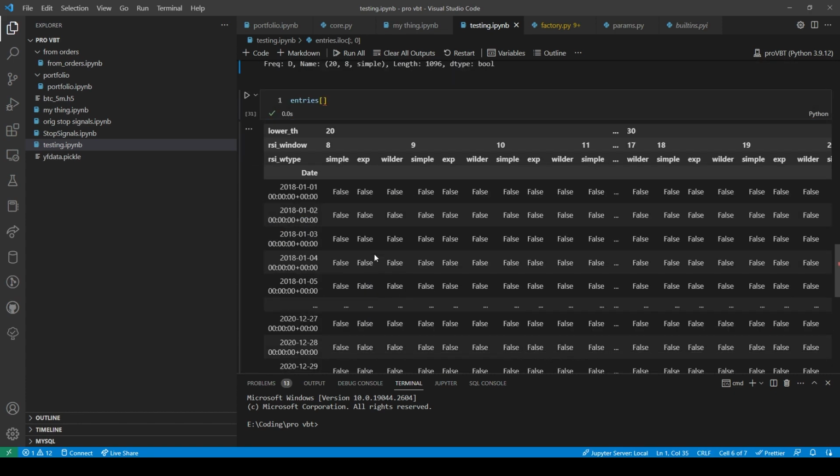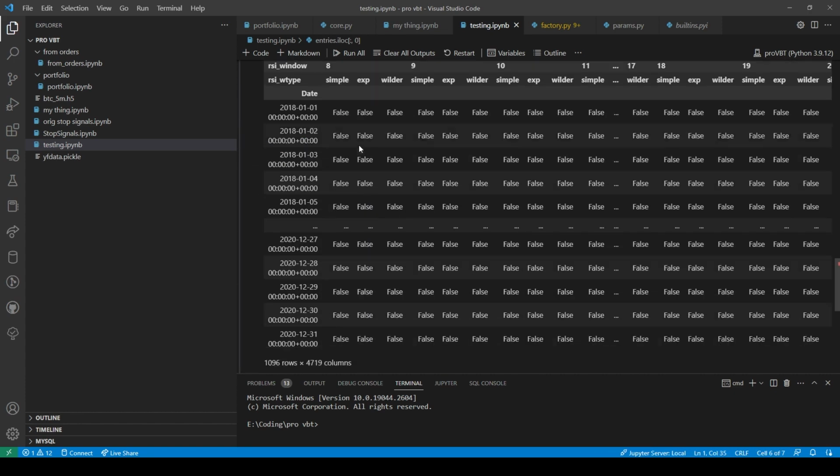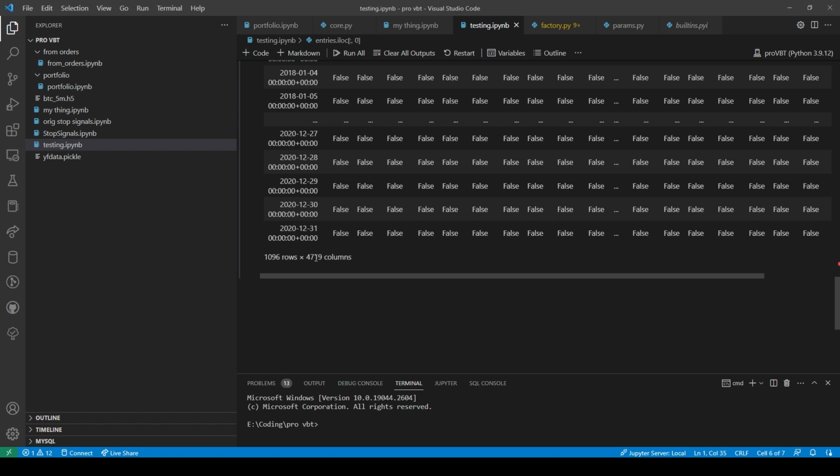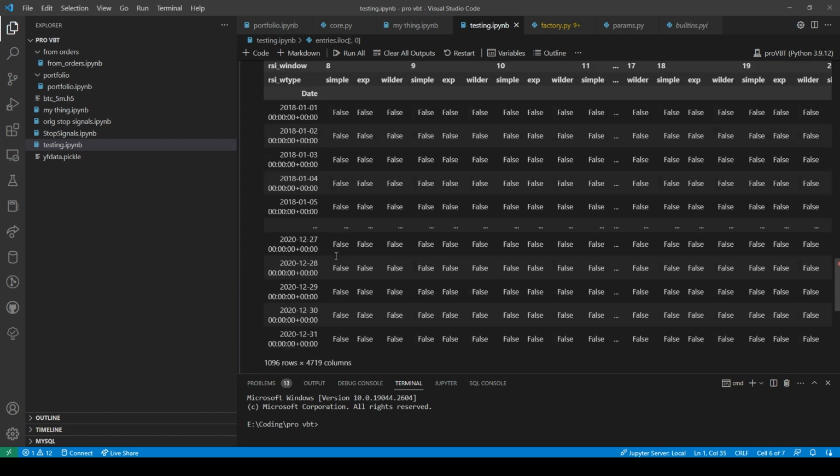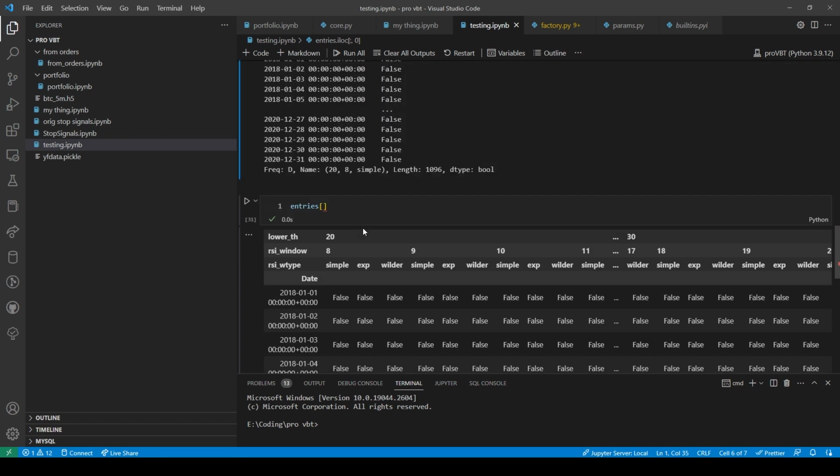And then you get this gigantic database that has 4,719 columns. And then it has 1,096 rows. So, man. Jesus Christ, there's going to be so many for loops.